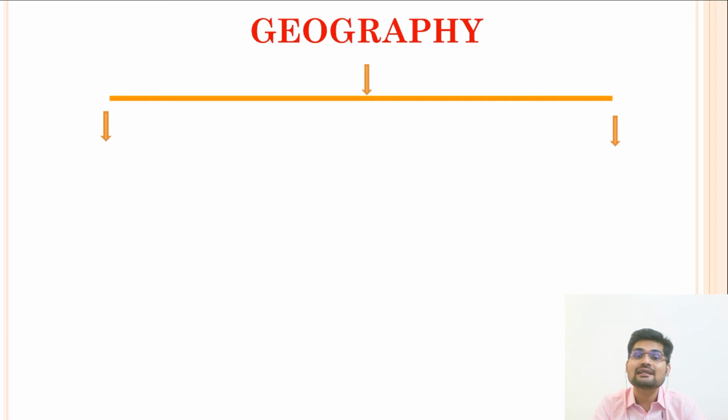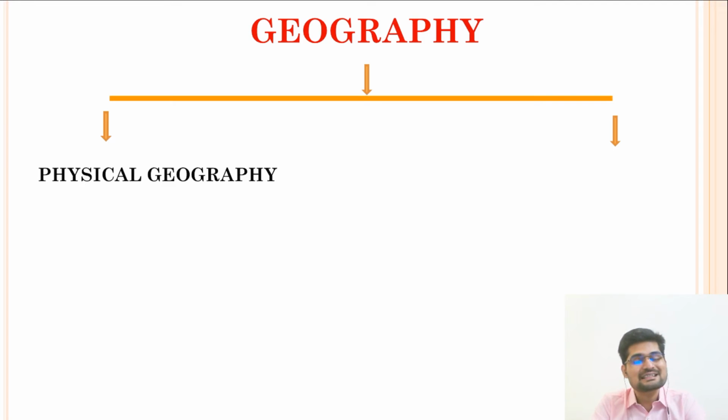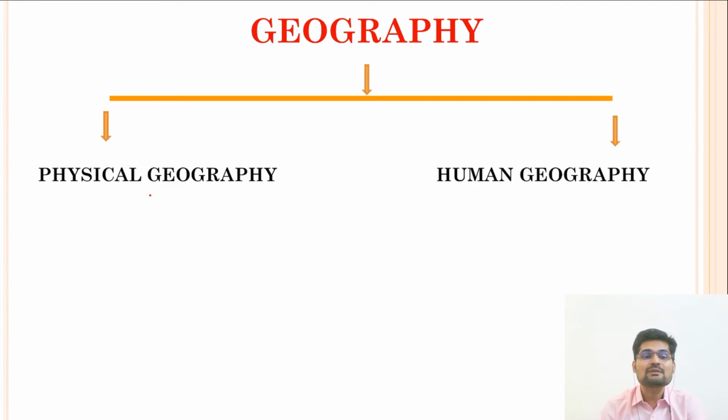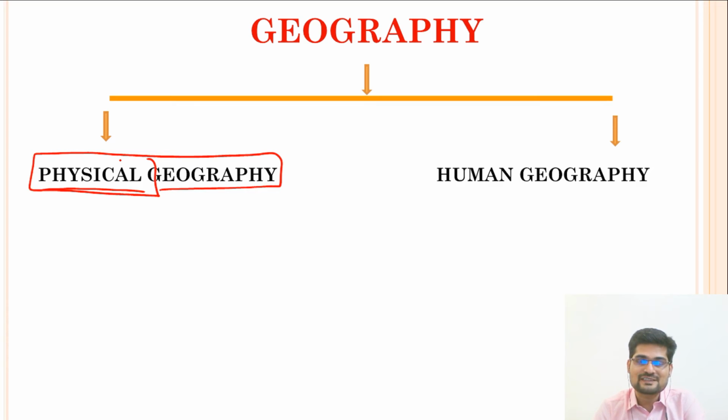Now, let's see that geography has been branched into two major segments. Many times we study this as dualism in geography as well. So geography has a dual component. One component is called physical geography and the other is called human geography. As the name itself suggests, in physical geography we study the physical component of the space. So that is largely talking about the nature part, excluding human beings.